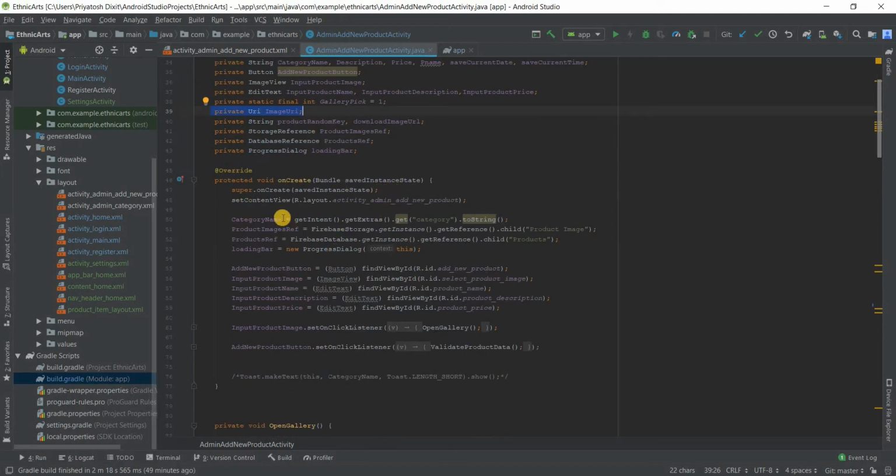Okay, so what we have here is category name. In the previous activity, we had put the put extra in the intent. Here we are getting that extra which has the value category, and the name of it will be in this. So if we have clicked on the paintings, it will be paintings, and all that. Then sculpture, it will be sculpture here. It is basically to fetch the category name. Okay,